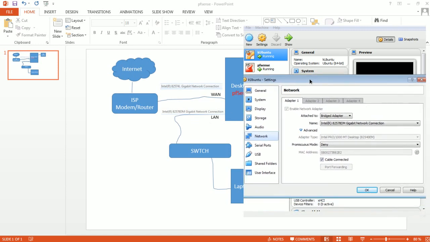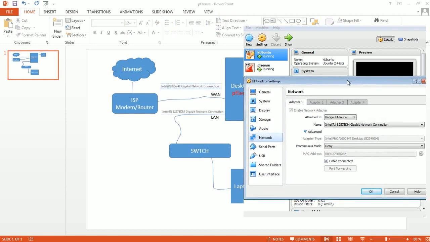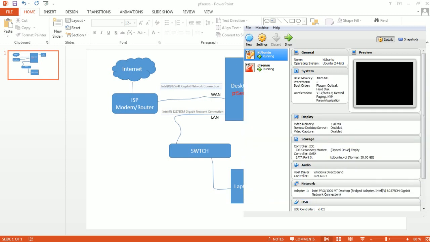So since the physical laptop and other devices should be connected to the LAN network of the pfSense, in this case of the virtual machine, the Kubuntu, I pointed it to the LAN adapter as bridge. Okay,